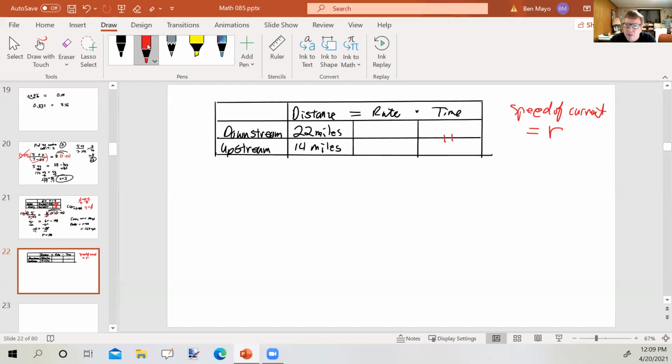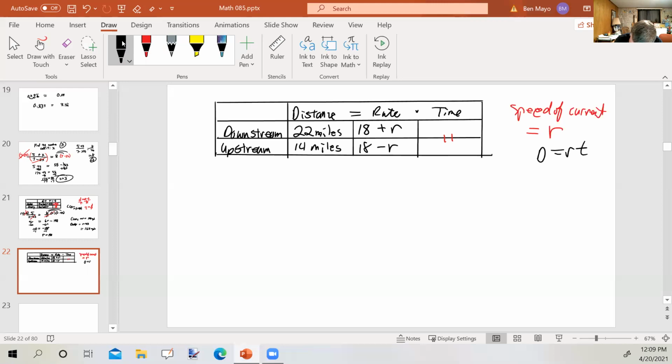If I'm going downstream, is the current helping me or hurting me? Helping. So if the boat is capable of 18 miles per hour, plus I'm going downstream, my rate would be 18 plus the rate of the current, right? Yes. Going upstream, it'd be the 18 miles an hour minus the speed of the current. You okay with that? Yep. All right. Now,